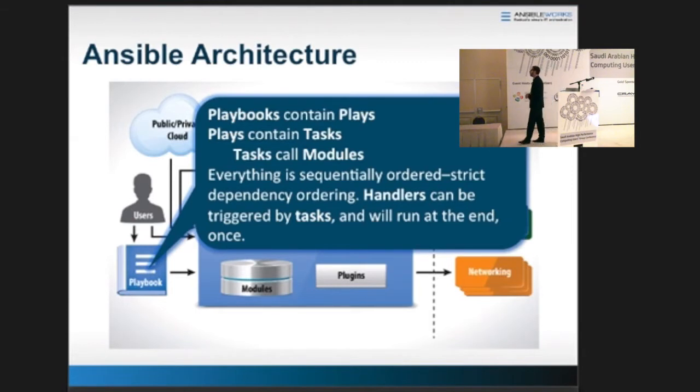The playbooks themselves, very simple. Again, we'll show you some examples of these, but the playbooks themselves, that's our terminology. Very little jargon that we use in Ansible, but that is our terminology. So the playbook contains a set of plays, and the plays execute a set of tasks. And those tasks call these modules again, and those are shipped to the system to be managed, typically via SSH and run, and